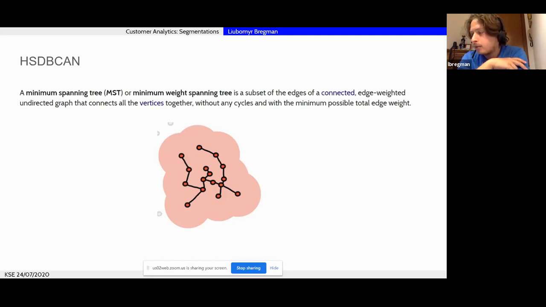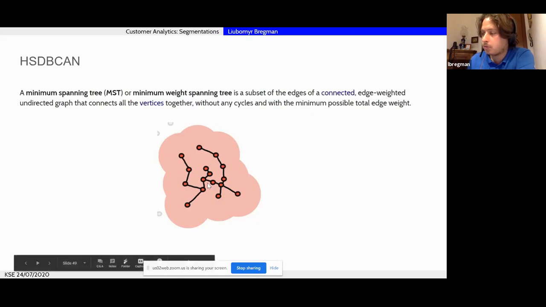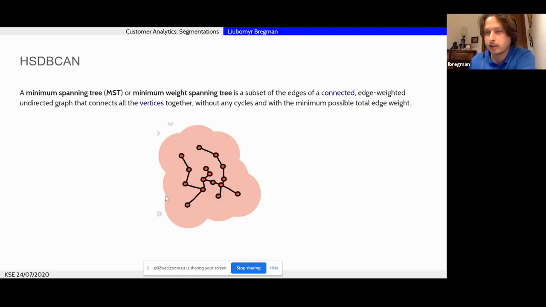And remember what we were looking for yesterday. For every point, we were just checking if they're density-based connected or not. And if they are connected, then they were creating a cluster. In HDBScan, you not only connect them, but connect and order them.